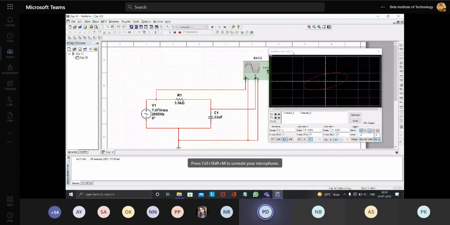Yes, now it has come. It is coming. It is the setup for the 1C experiment. And for the second experiment,